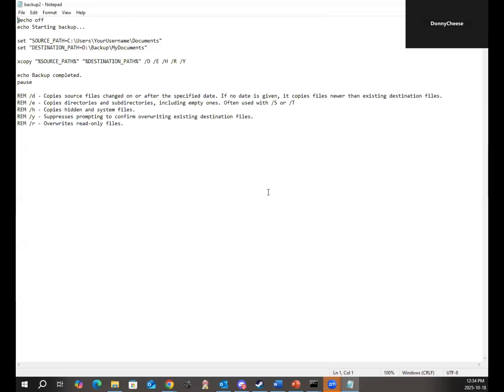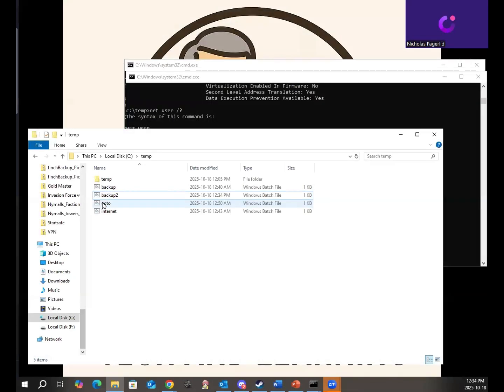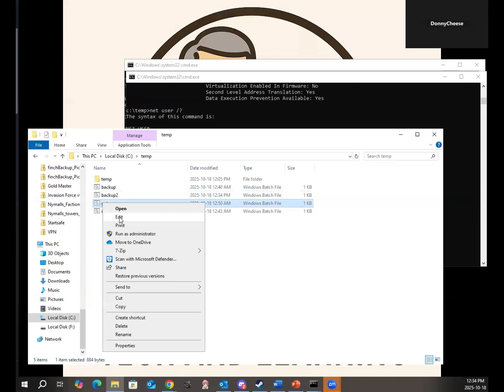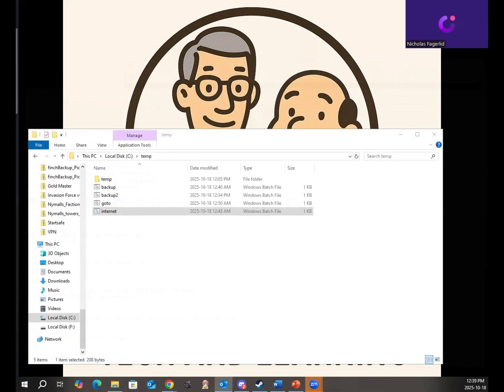Already exists. Let's replace it. So next we have GoTo. This is just an example of using labels and GoTo that we discussed earlier. So for this, we prompt the user for input using the /P for set, and then we give them the choice: enter start, middle, or end to jump. If they go start, goes to,